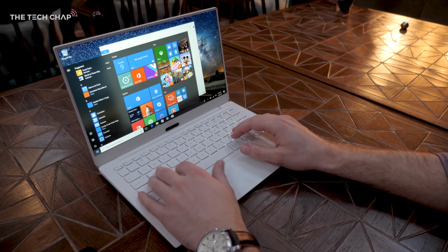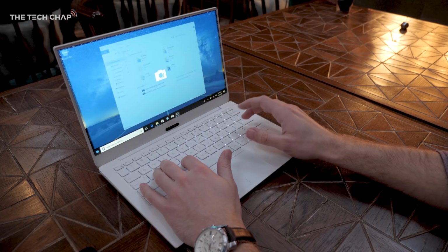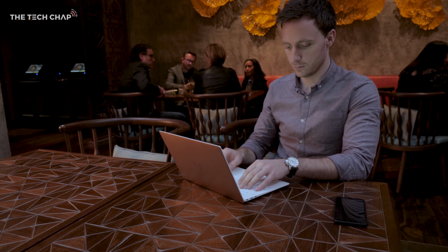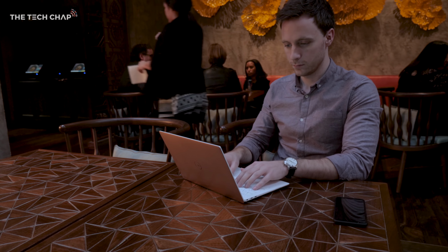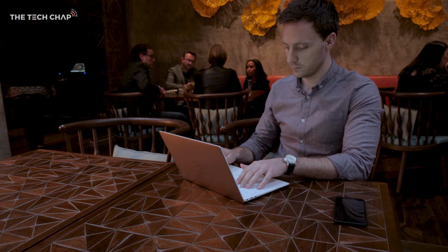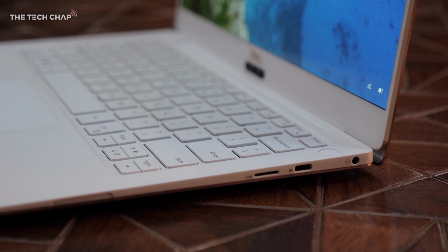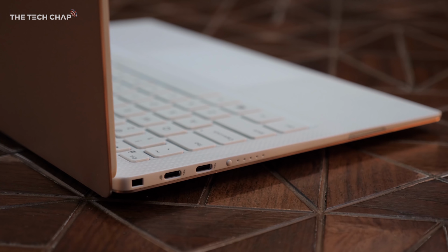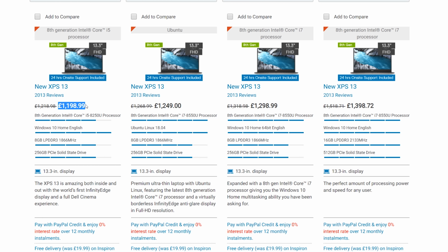It's got solid performance with the latest Intel 8th generation quad-core i5 and i7 processors, and even the cheapest model with 8 gigs of RAM and 256 gigs of storage is good enough for most people. It's got a great range of ports, 12 hours of battery life, and at just 1.2 kilograms, you'll barely feel this in your backpack. Not cheap then, this is definitely a premium ultrabook, and it won't be powerful enough for